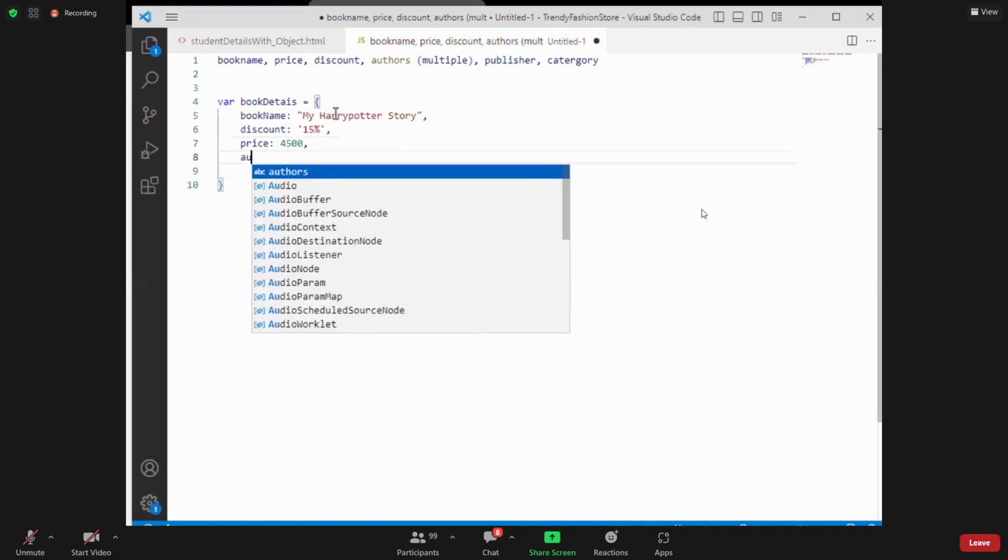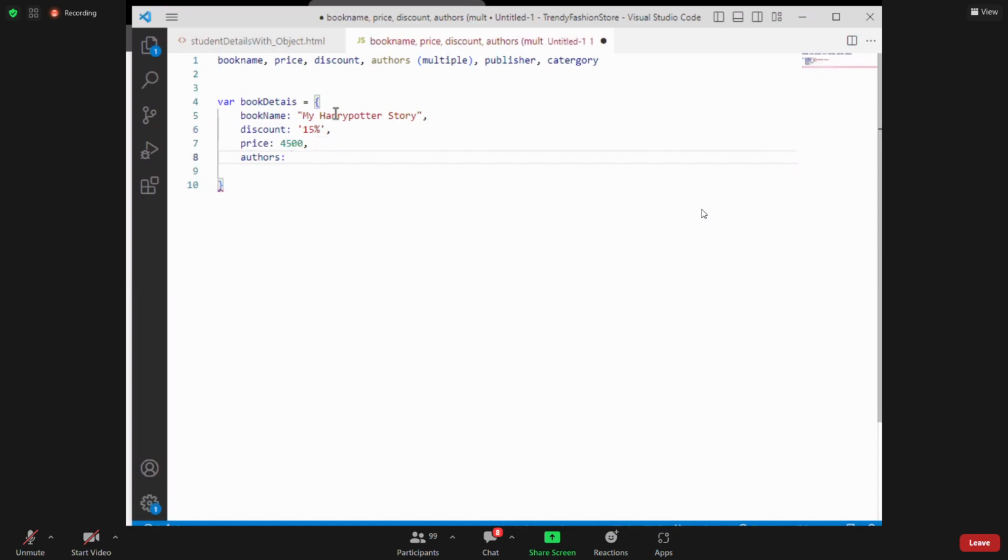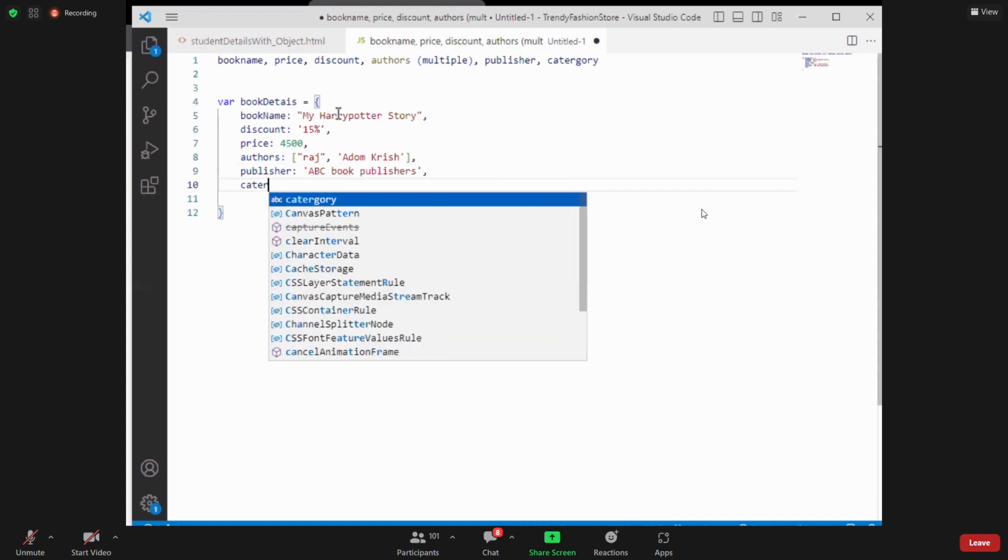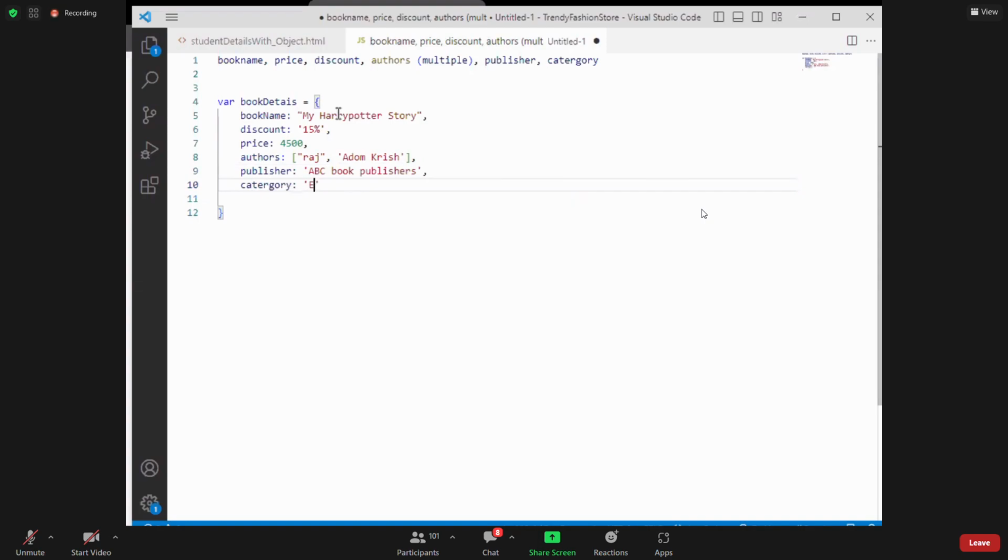Okay, I say authors. Here I am asking for authors, multiple values. If it is a single value, Mr. Raj, you can do this. But I have multiple values. So how are you going to store the multiple values? In the form of an array. I say Raj, come, like this. Okay, publisher is going to be something called ABC book publishers. I say category, say something called a